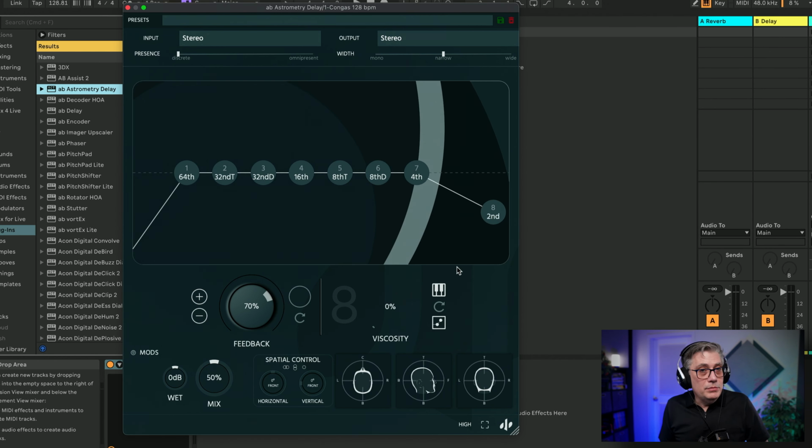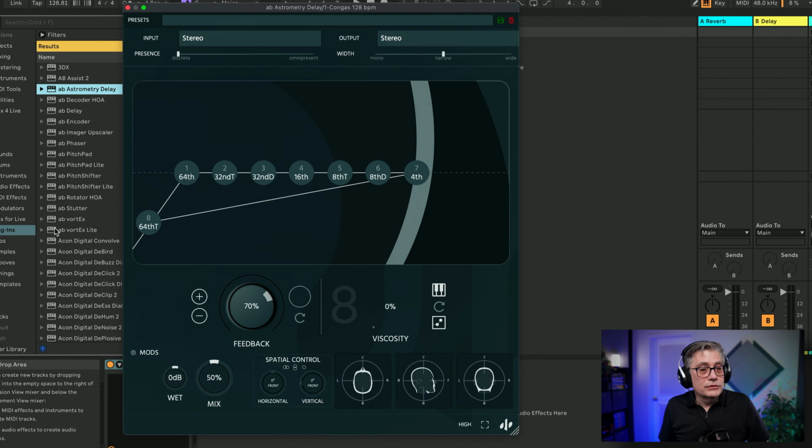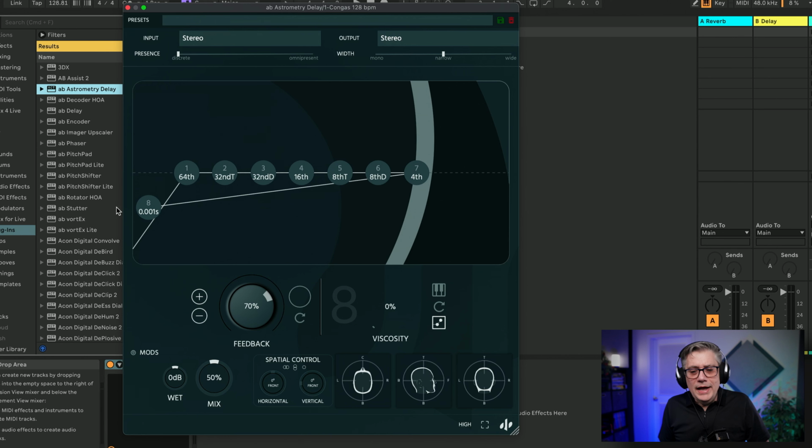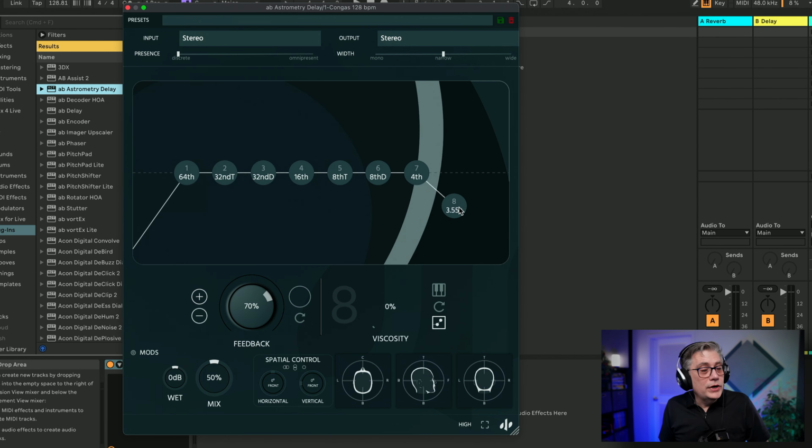The timing can be done either by syncing to the DAW. So here we have from a 64th triplet all the way down to 2 bars. Or we can also do that by time, by simply clicking on the time button here. And that will essentially then allow me to specify the timing with the number of seconds or milliseconds or whatever. And I can do that for each tab individually. So I can choose, for example, some tabs that are synced to the DAW, others are not, and so forth.